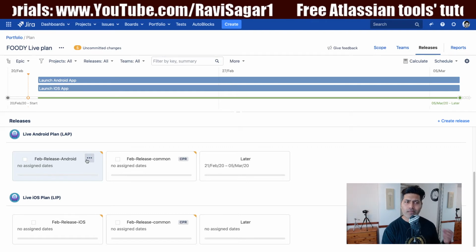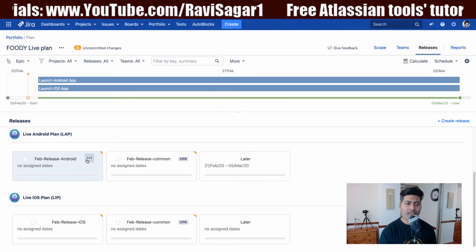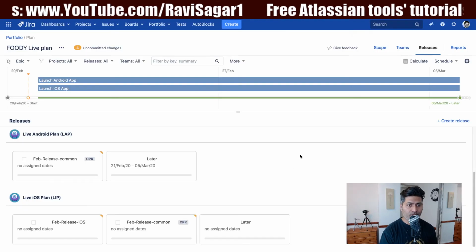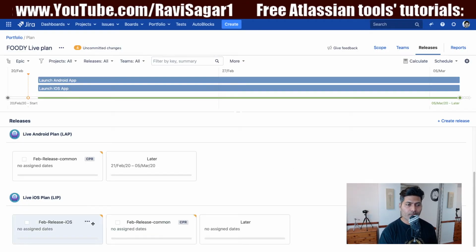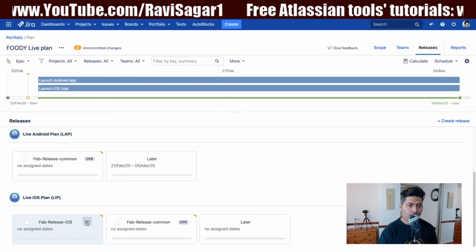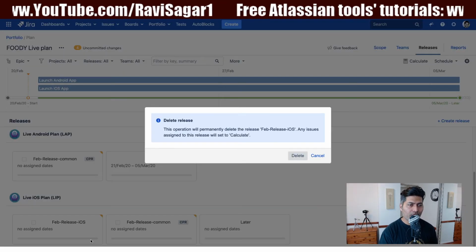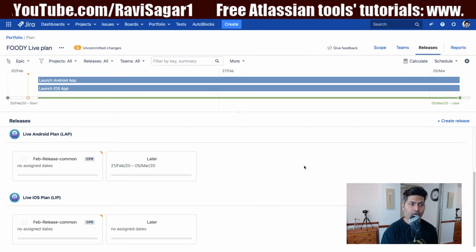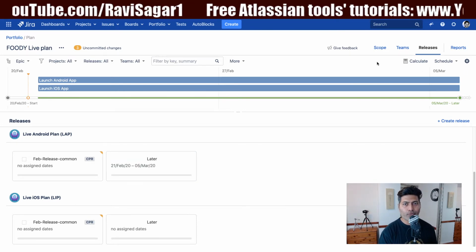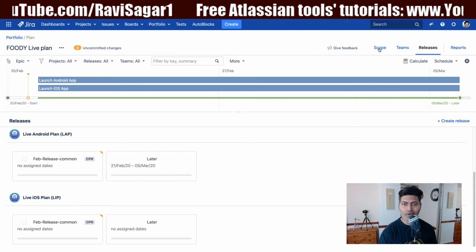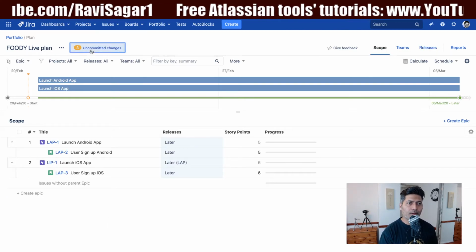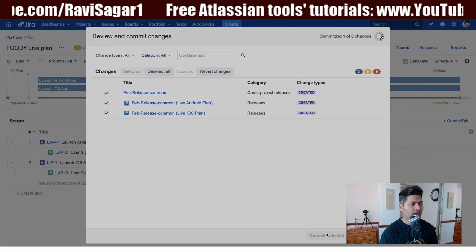So let us do one thing. Let us just use the common release because we want to release something in both the projects, maybe at the same time, because we want to launch this app together. So let us see how portfolio behaves. So if I click on the delete button, then we will be able to figure out whether we can release something at the same time or not. So I'll go back to my scope. I will commit the changes, and